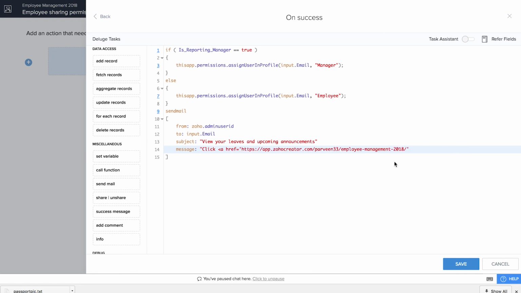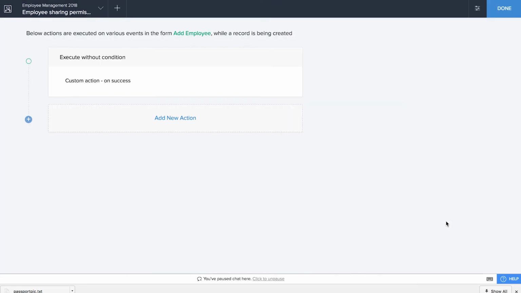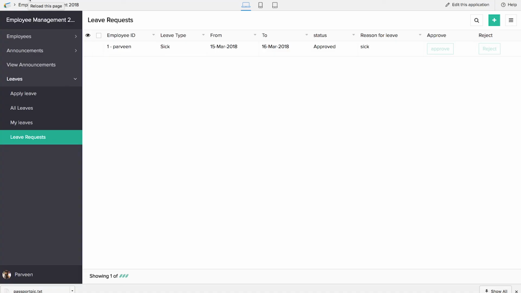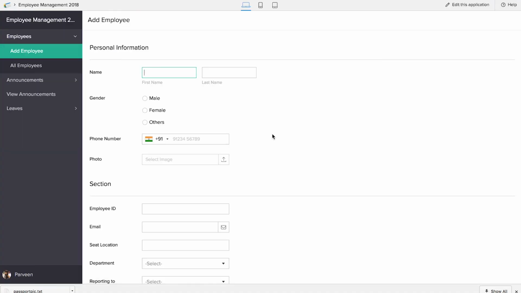I don't want to know the form. I just want the link of my app. Target is blank so that it opens up in another tab. So this would do my send mail and sharing together. I hit done, and now I go to my app, and to check whether the sharing is working properly,